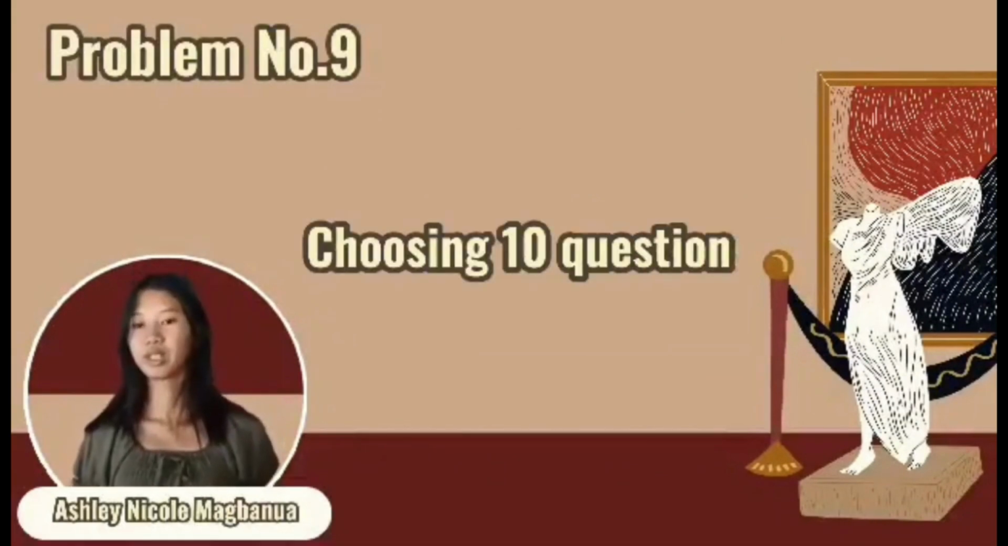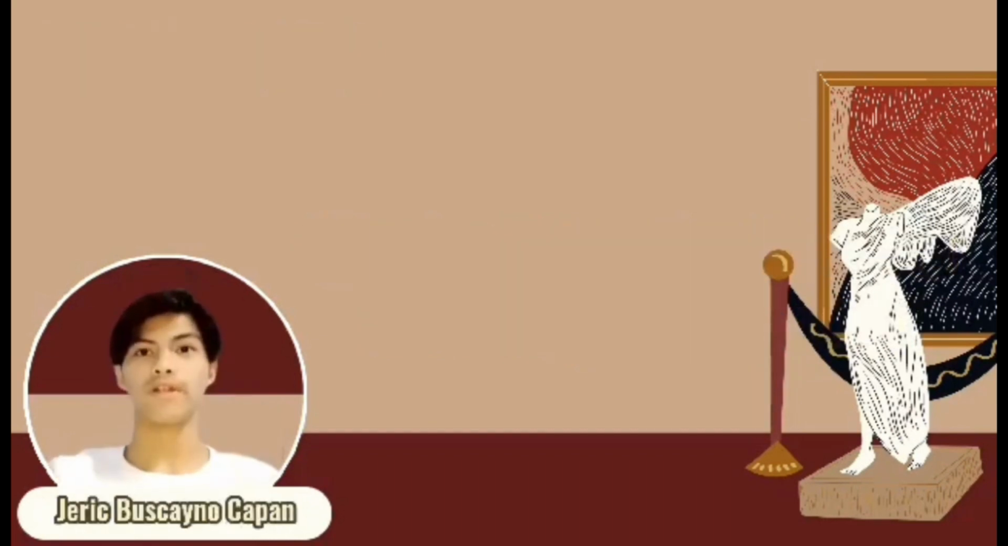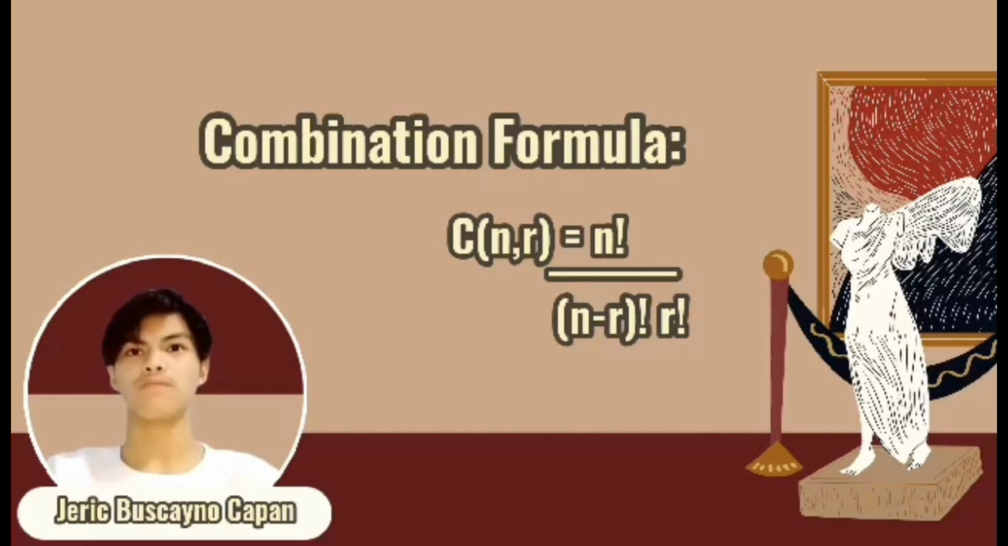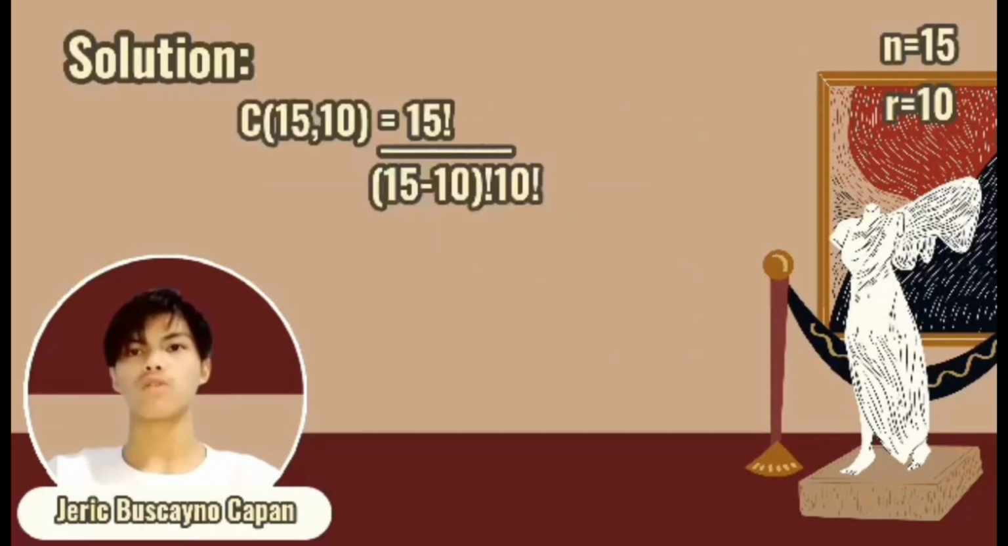Problem number 9. Choosing 10 questions to answer out of 15 questions in a test. The keyword used is choosing, which makes it a combination. We can solve it by using the combination formula: C(n, r) is equal to n factorial over (n minus r) factorial times r factorial. By substitution, we have the combination of 15, 10 is equal to 15 factorial over (15 minus 10) factorial